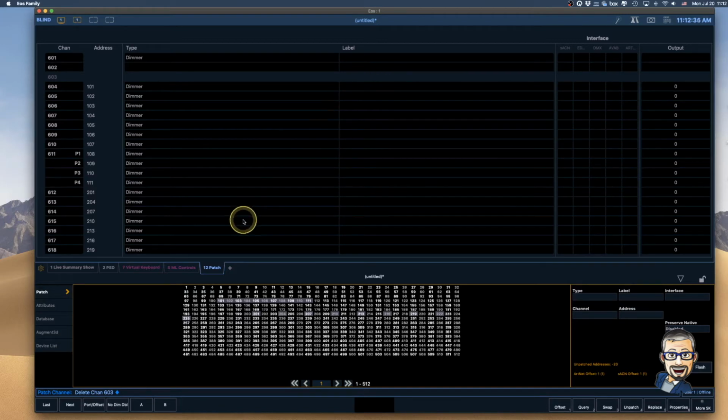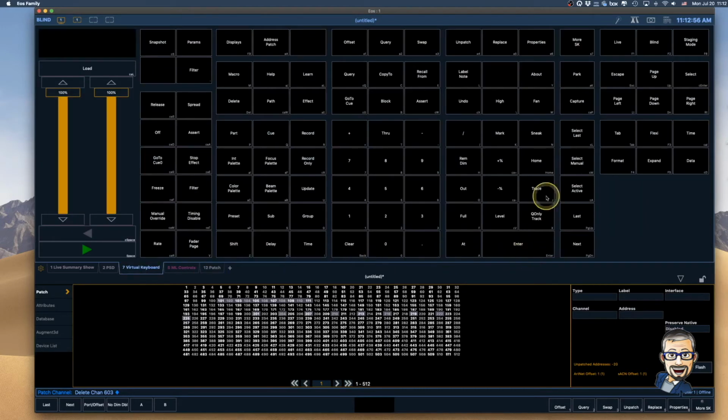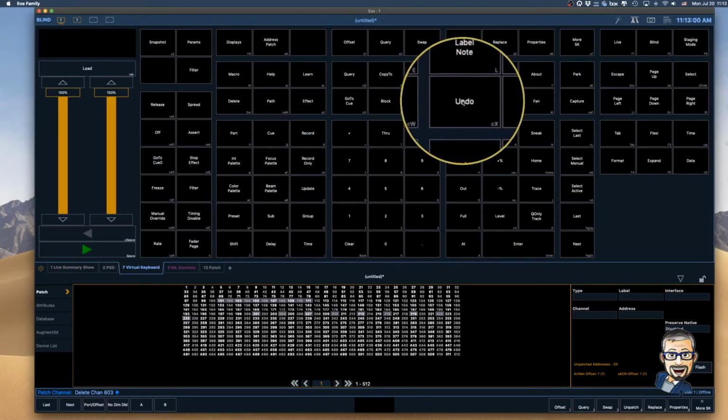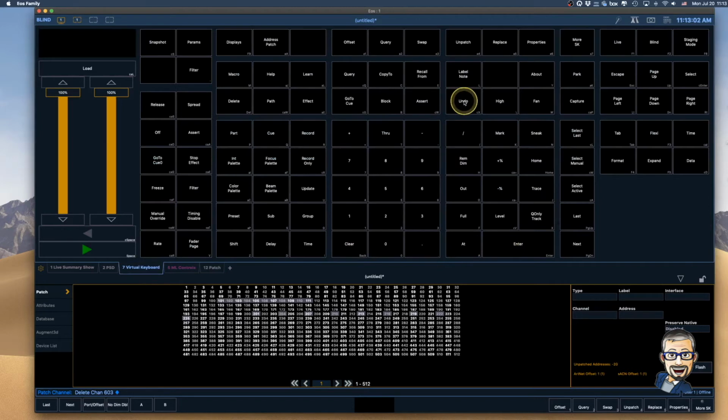And say that all of the stuff that we just did, we didn't mean to do that. We want to get all those channels back. So the easiest way to do that, and this works for a lot of different functions in the Eos, is to use the undo command. And so I'm going to go to the virtual keyboard again because it's easiest to show you where undo is on the virtual keyboard. Undo is right here on your keyboard if you're using the virtual keyboard. So I'm going to click undo,